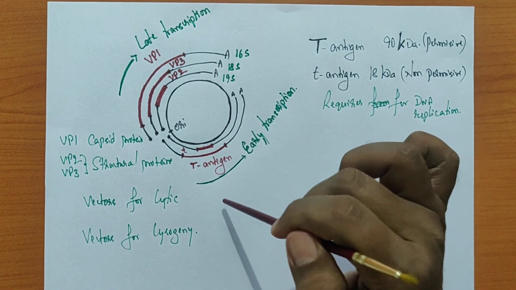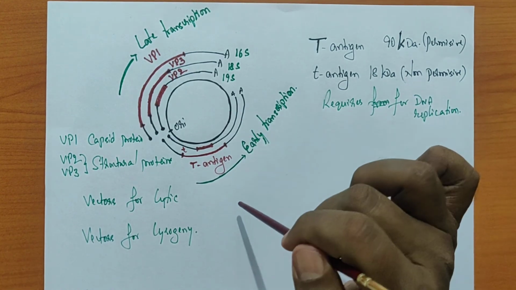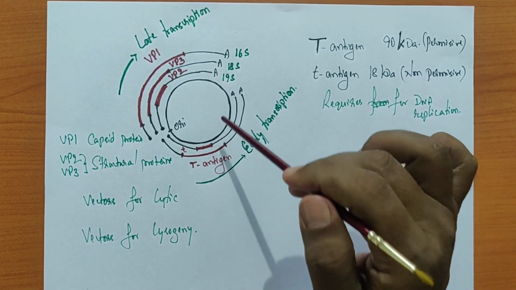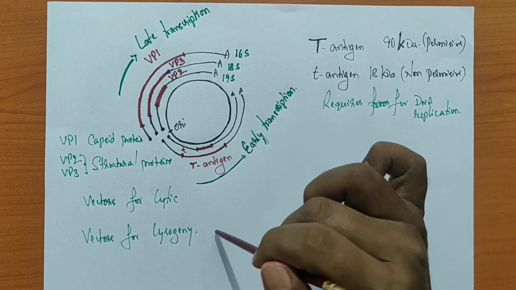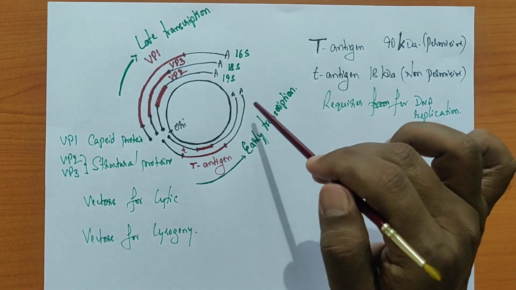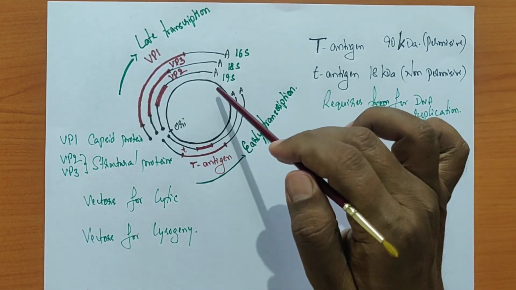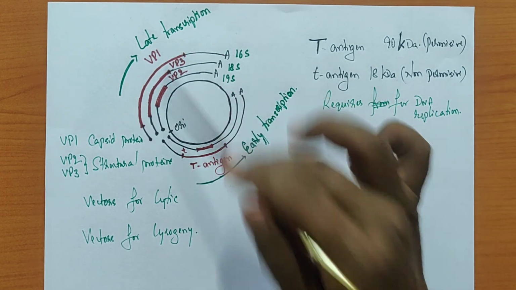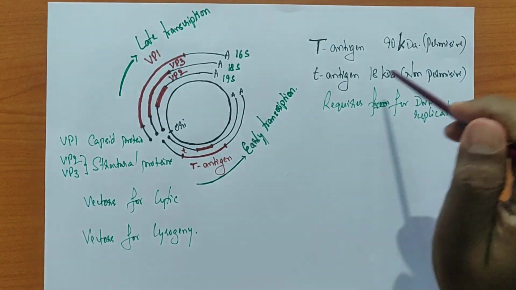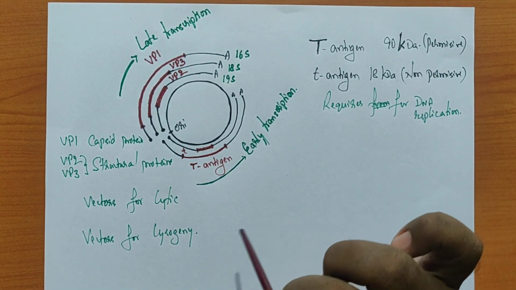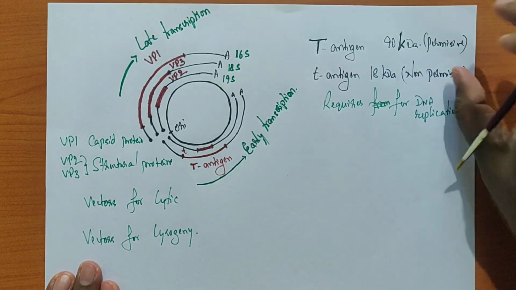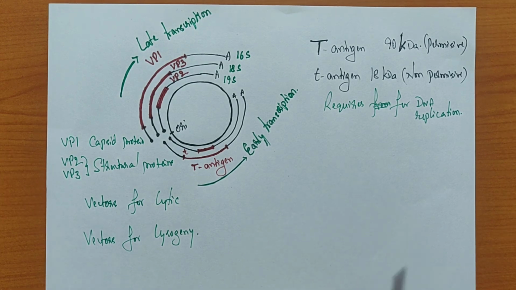But we need to have a thymidine kinase implemented because that is the selection marker, whether it is a lytic or a lysogeny vector. The lysogeny case is much more popular because we only have the T antigen, then we have the thymidine kinase, and the entire DNA segment which produces all these structural proteins and the capsid proteins can be removed. That can be replaced with the DNA of our choice. So these are the strategies which are used in the case of animal vectors.